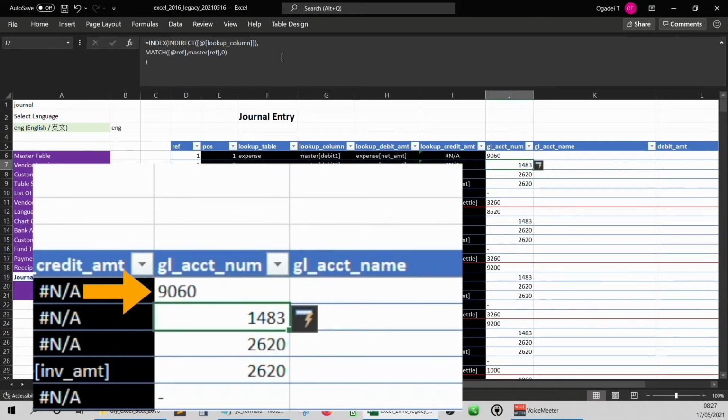Here I notice that some GL account numbers are strings instead of numerical values.